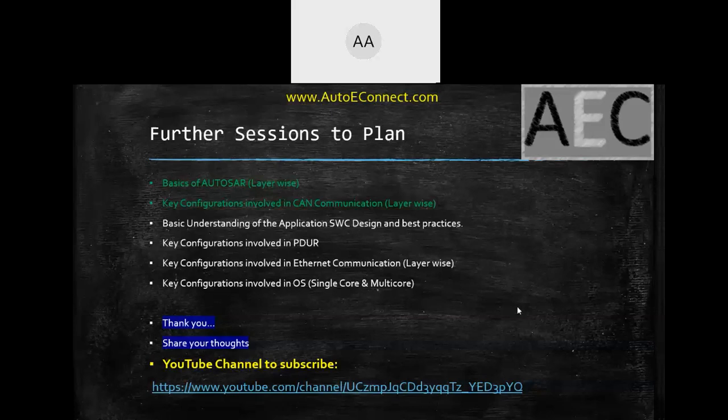Surely we'll plan for upcoming sessions. I will give you one or two sessions for cybersecurity. It is not a problem. Perfect, that would be really great. And with respect to the AutoSAR configurations for these security modules, I will try to cover them, because everything I'm discussing here is part of the AutoSAR ORG documents. I'm not taking anything from any project-specific things, so that should be fine. You can also do the same thing.